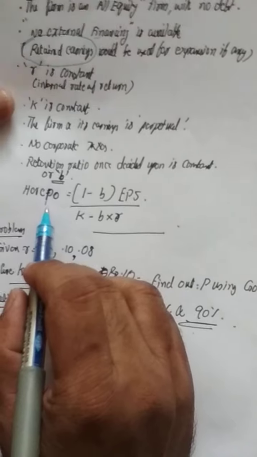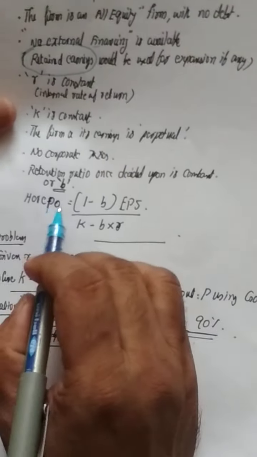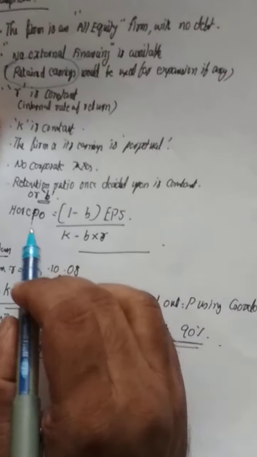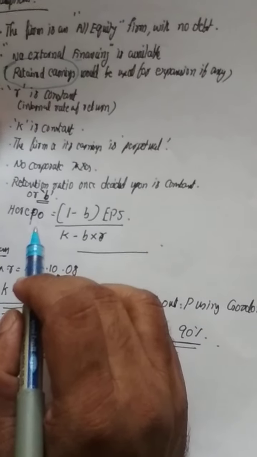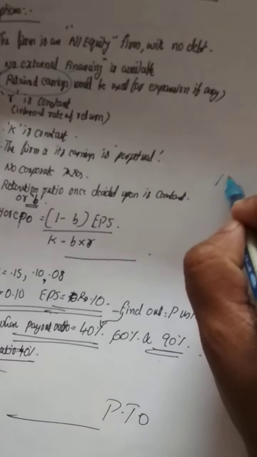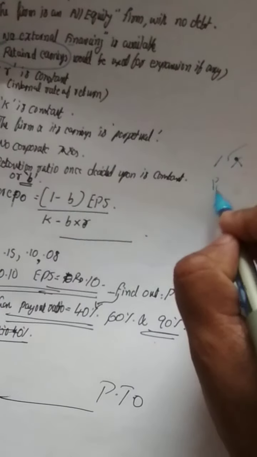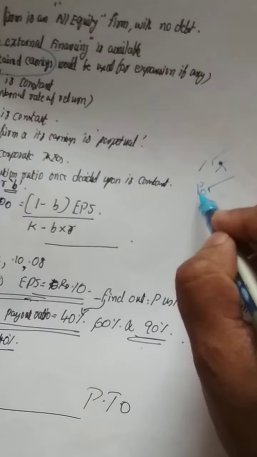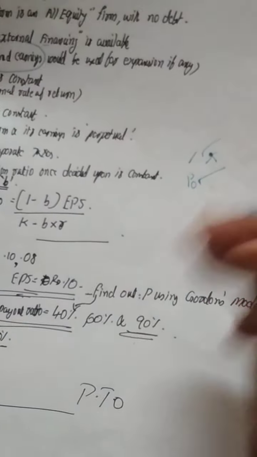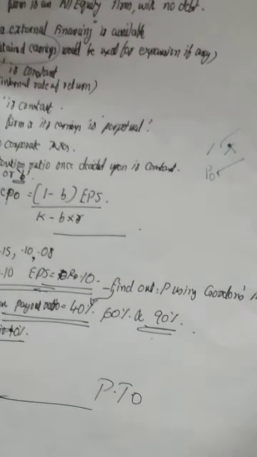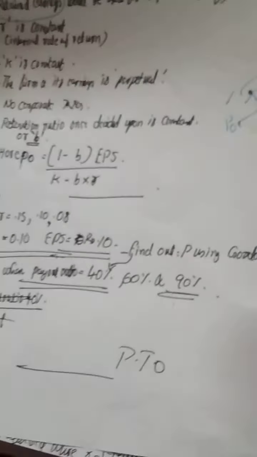Now let us check the formula. Here we have to find out the present market value of share. That is what I told in the dividend policy chapter. We are not studying how much percentage of dividend we are issuing to the shareholders. That is not what we are studying. We are studying here what is the present market value of share when the company issues dividend, whether the dividend policy is relevant and it may affect the present market value of share. That is what we study.